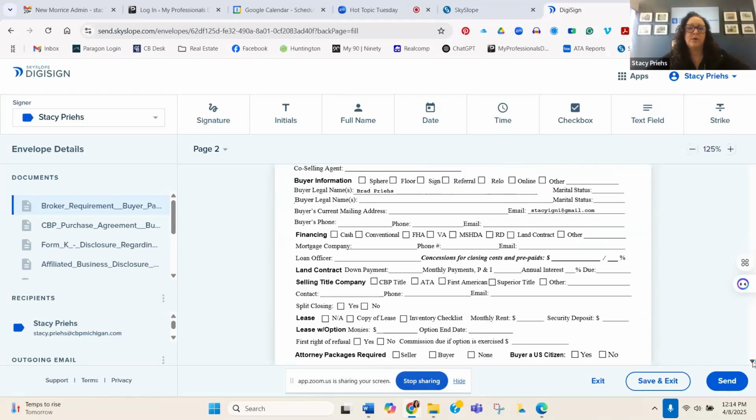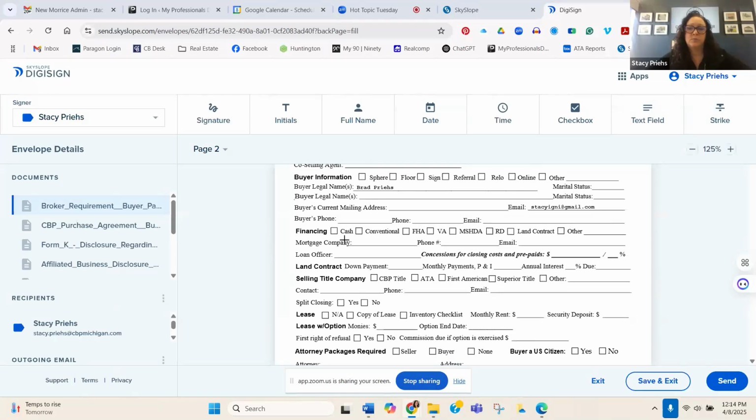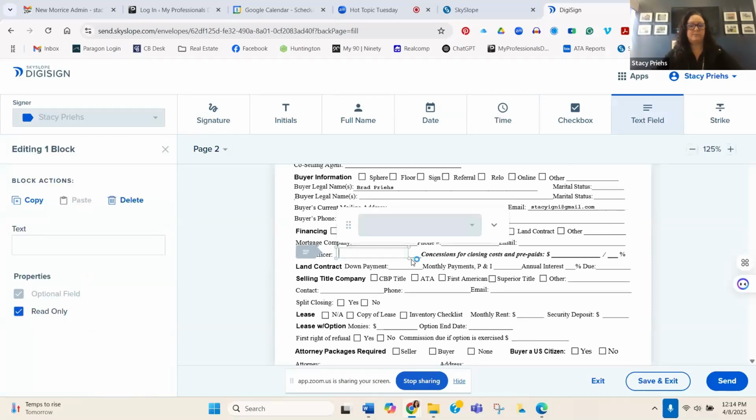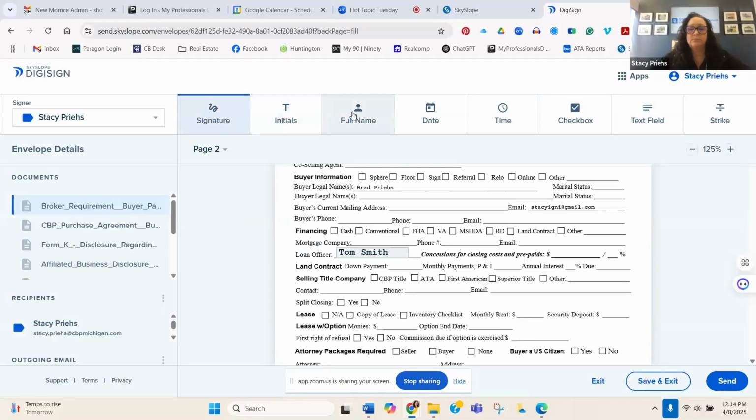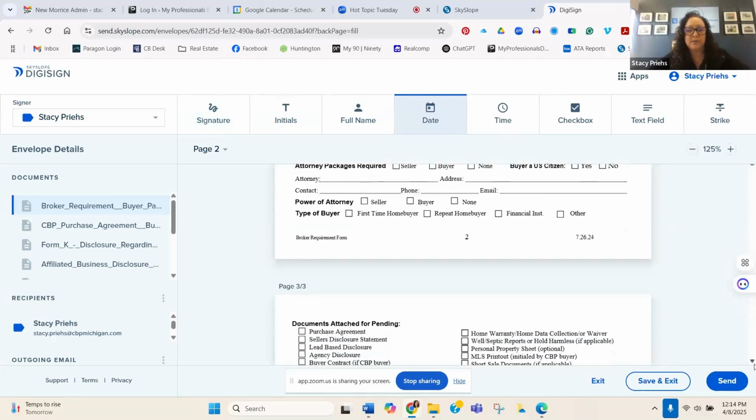Let's go down to, so this is me. I'm the buyer's agent. And I want to fill in this text field here for loan officer, let's say. Gonna click right over here in the text box. Very easy. If I want to put in a date, the date and signature lines, that's not going to be